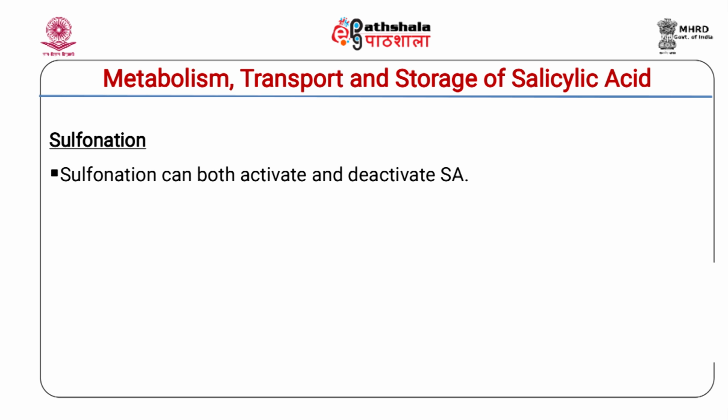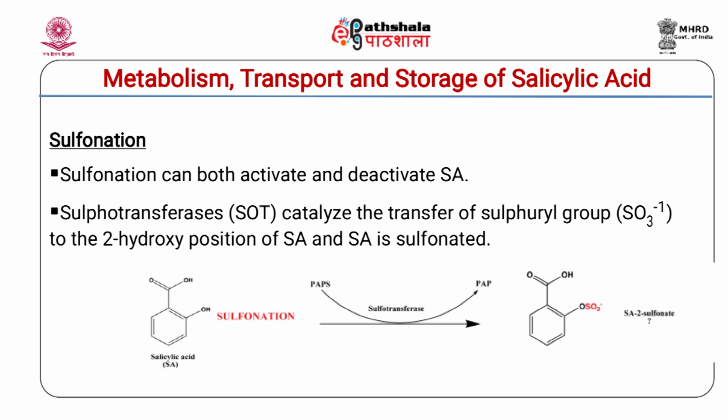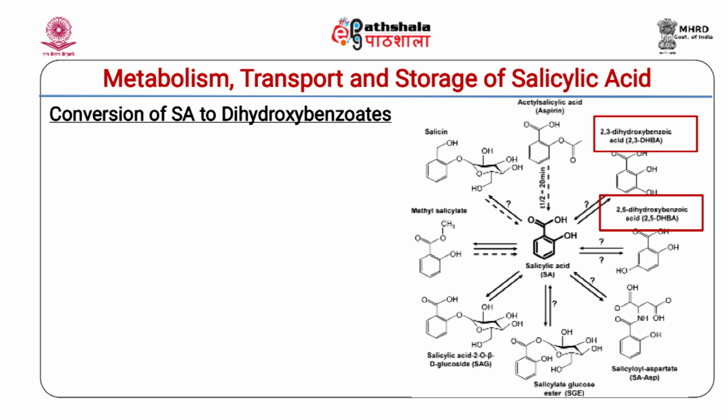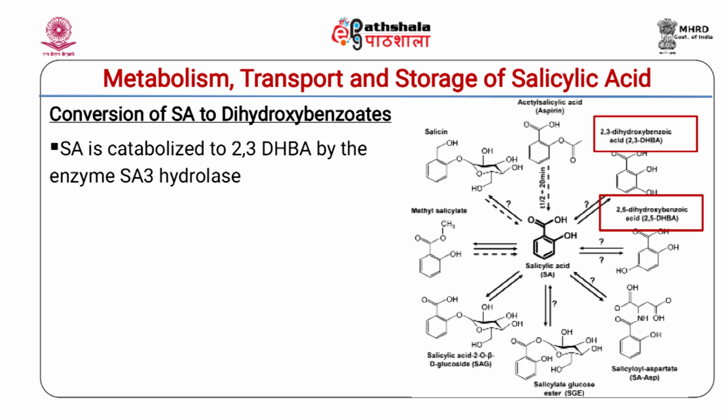Sulfonation can both activate or deactivate hormones. It has been shown that sulfotransferases catalyze the transfer of a sulfonyl group to the 2-hydroxy position of salicylic acid, and salicylic acid is sulfonated. SA is also catabolized to form dihydroxybenzoates. Recently, it has been found that salicylic acid is catabolized to